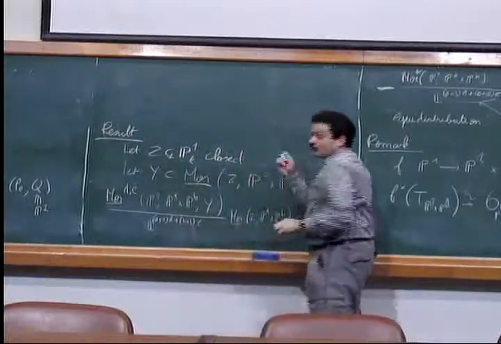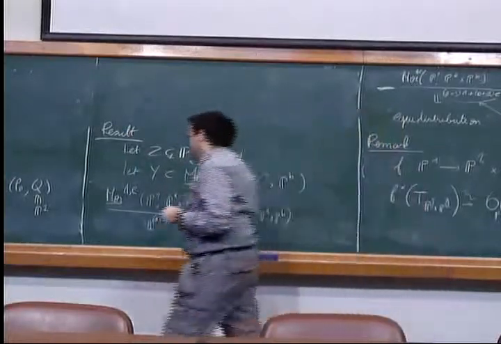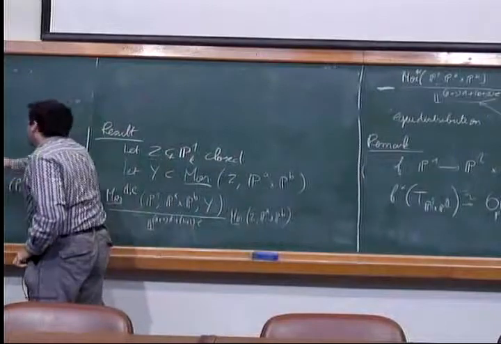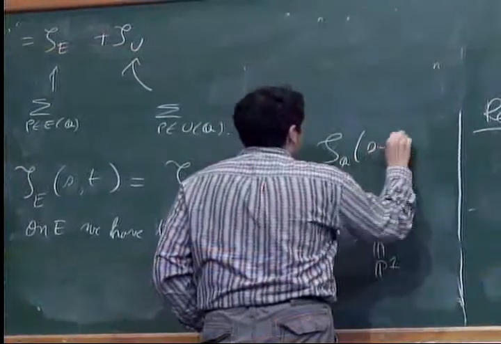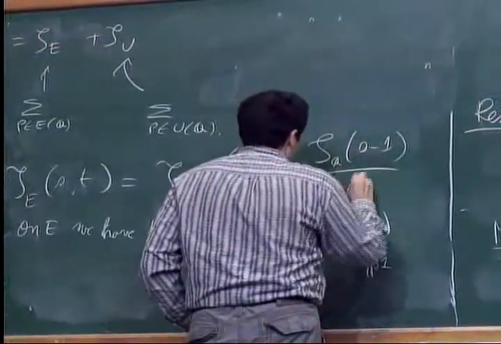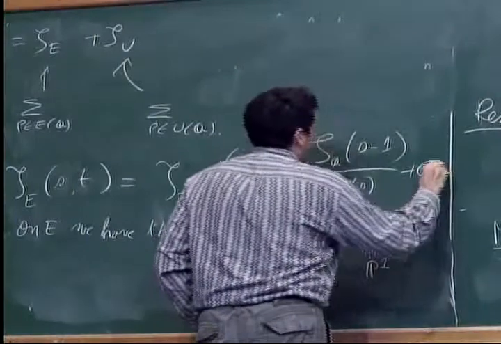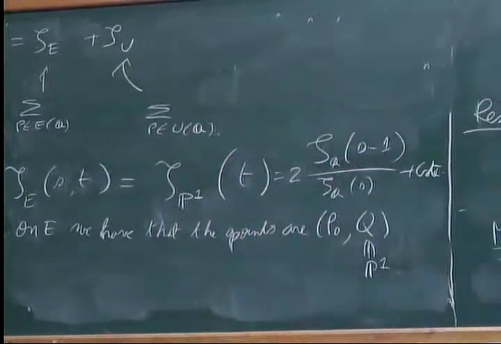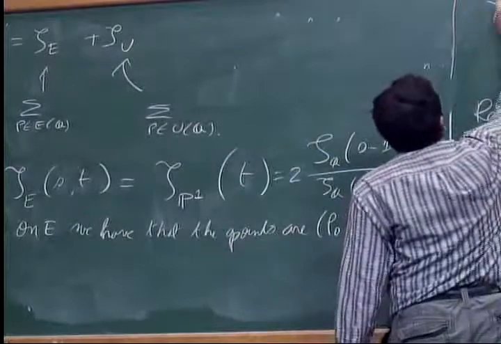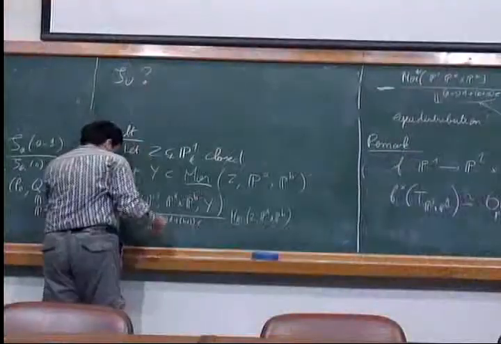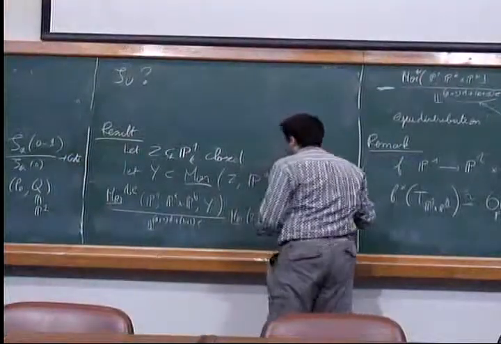Anyway, I have to take the second parameter. And this is, as I said, something like 2 times zeta Q of S minus 1 over zeta Q of S plus some constant. Okay, so this finishes the computation for zeta E. So it remains to compute zeta of U. So this is slightly more difficult,